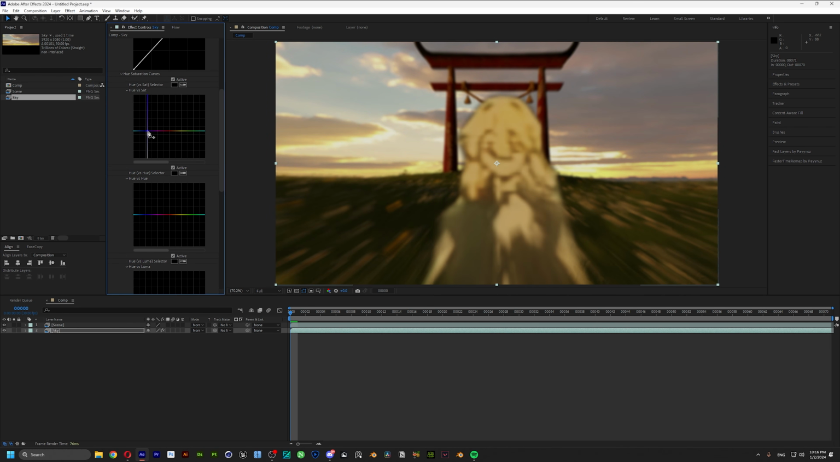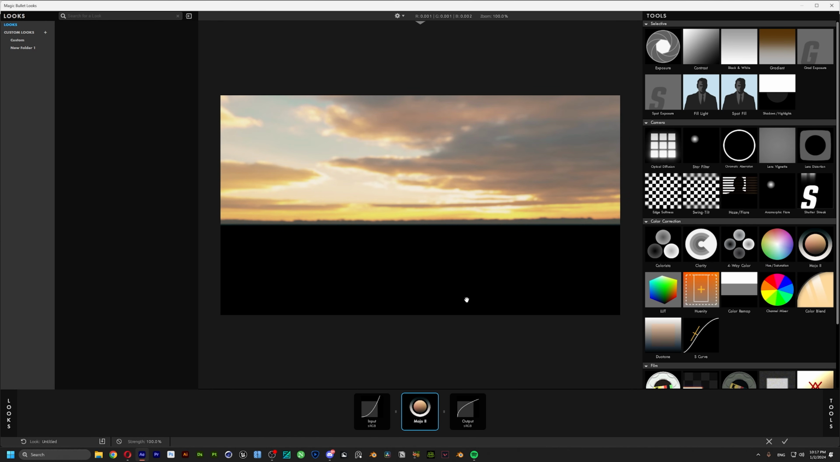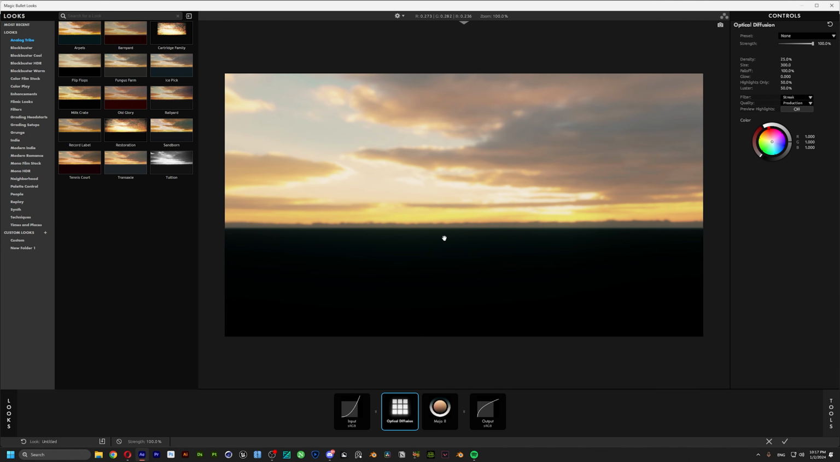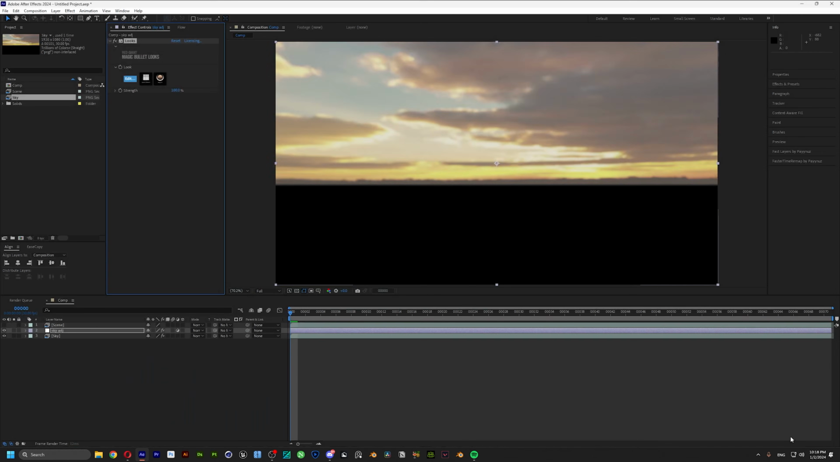So I'm going to add some Lumetri Color into the sky layers to bring the blue value a little bit down, so that it's not going to be way too saturated when the color profile is completely flat like this. I'm going to add some Mojo and Optical Diffusion in order to make it look crisper. You guys can go completely free in this part. You can do whatever you want in order to make the sky look better,